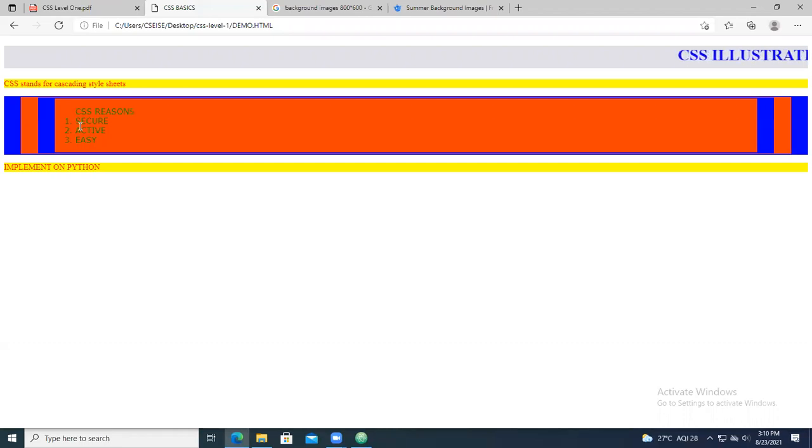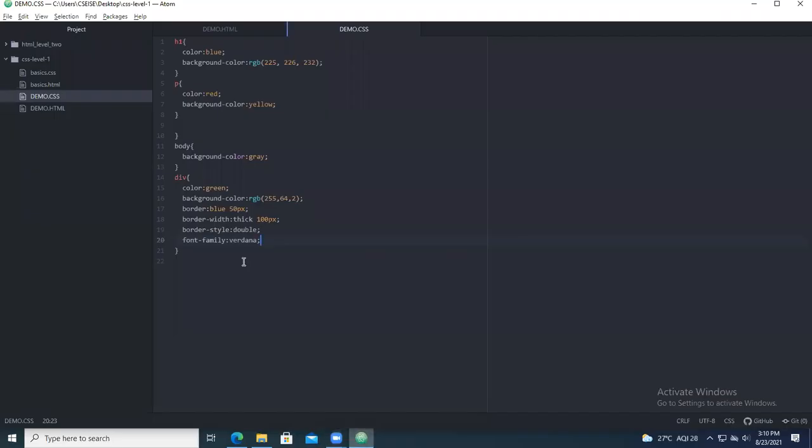So font size will be changed here. If you change the font like this, you will be having the values like this. So different font families can be chosen.